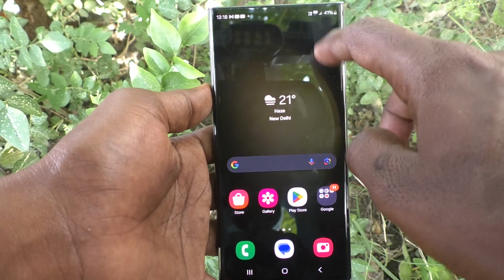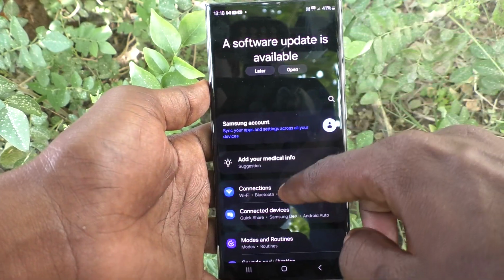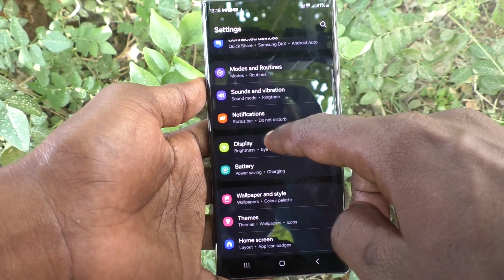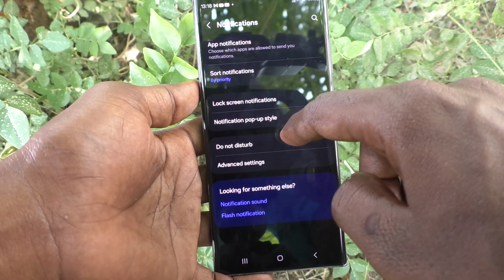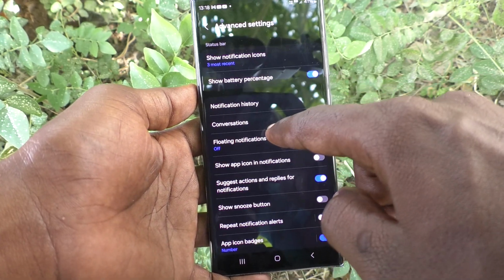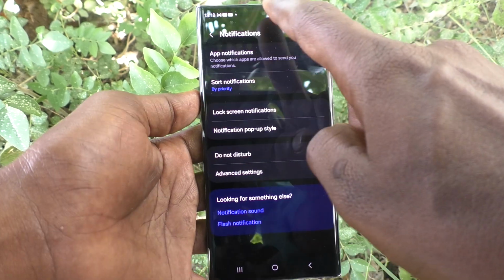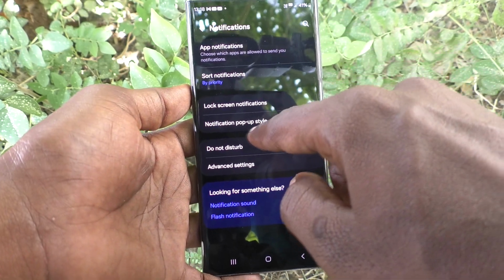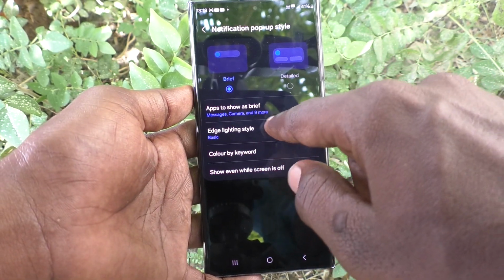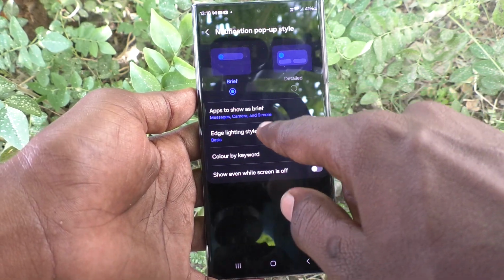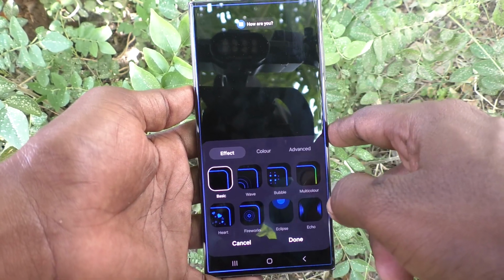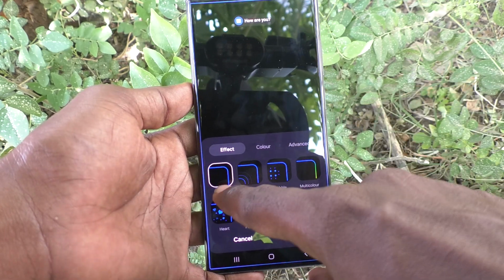First of all, go to the settings of your phone here. Then go to notifications and here select advanced settings. Go back and click on notification pop-up style. And here go to edge lighting style, just click on it, and as of now you are seeing basic edge